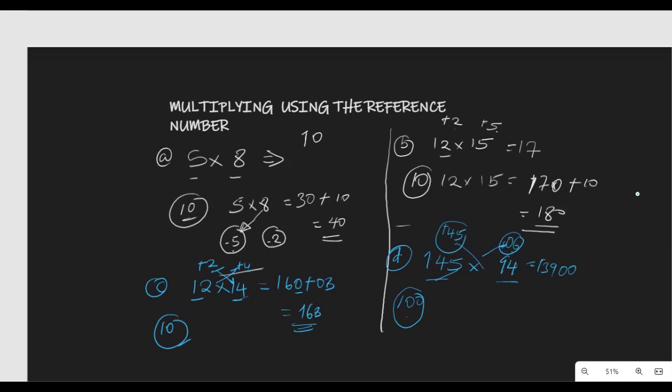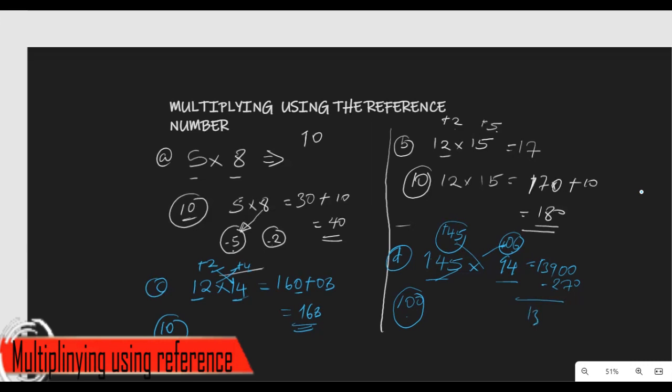And then I'm going to multiply 45 by negative 6, which the way we found out is 270. Remember, we are having 270. We have subtracted it from the whole number, because here we have 45 multiplied by negative 6. So that one gives us negative 270, which we can subtract, and now we have 13,